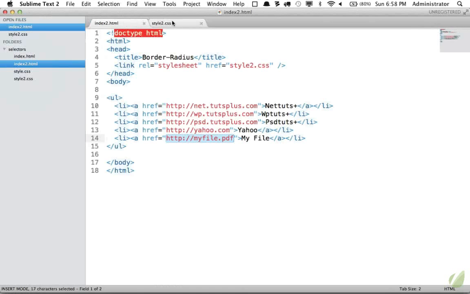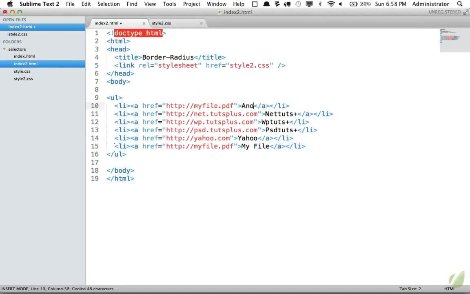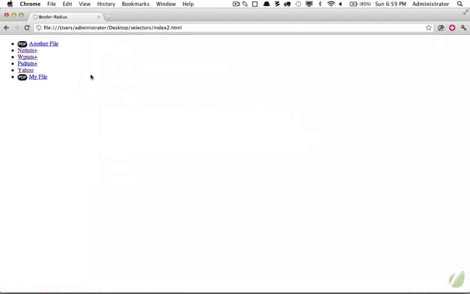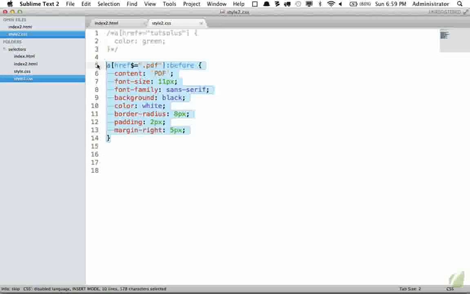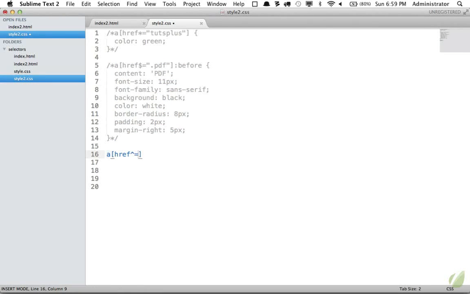And what's cool about this is, let's say we have another file. This is going to work the exact same way because it's targeting all of them. Now, the last one that we'll look at is something we've already covered. It is using the caret symbol. So if I want to target an anchor tag where it begins with, and this time we'll say HTTP,